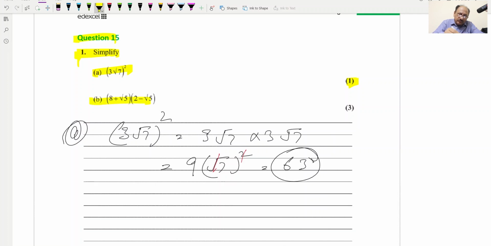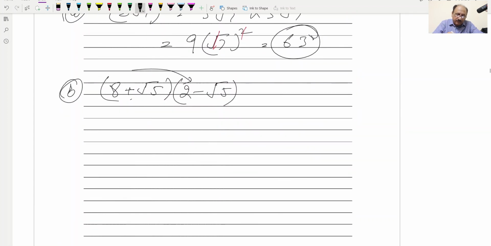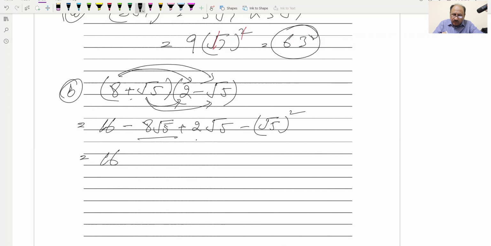Now B part, we'll have to simplify this as well. So B part we can write (8 plus under root 5) into (2 minus under root 5), and now we can multiply. 8 into 2 will be 16, and 8 multiplied by minus under root 5 will be minus 8 under root 5, and when we multiply this into this it will be plus 2 under root 5, and the multiplication of this will be minus under root 5 squared. We can rewrite this as 16, and minus 8 under root 5 and plus 2 under root 5 will result in minus 6